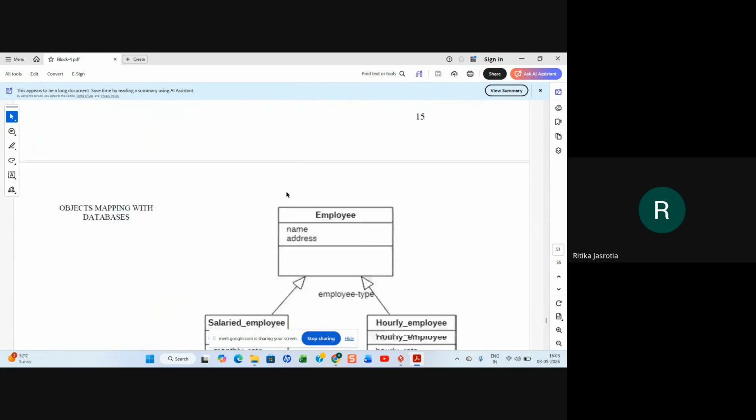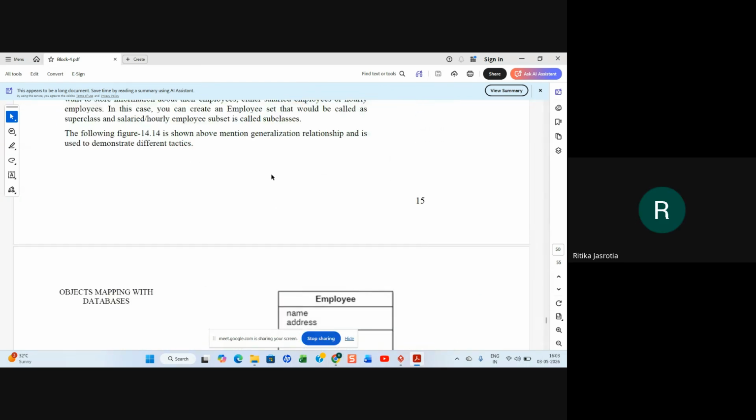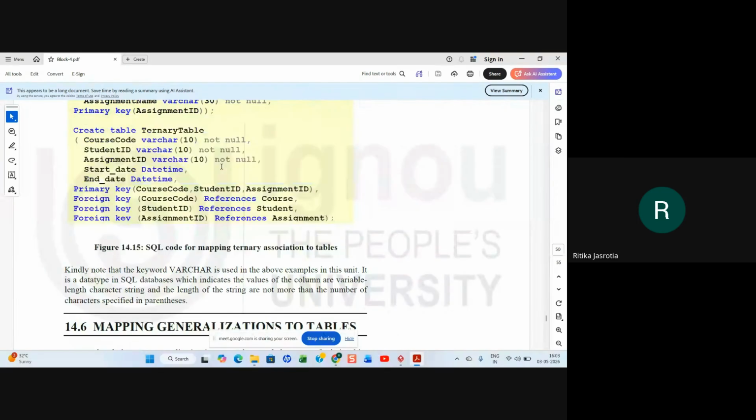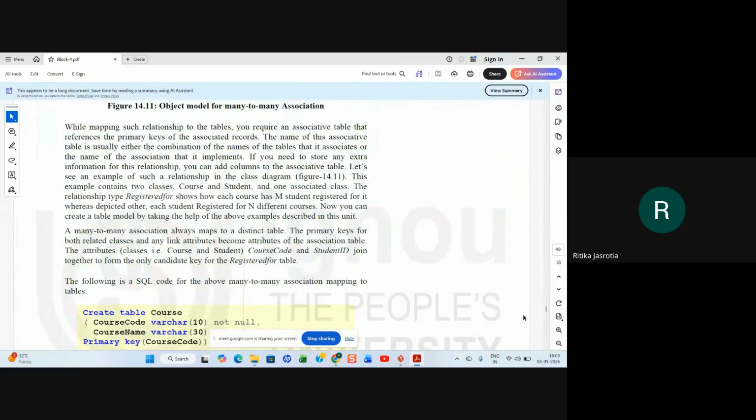Yes or no? Class, can you understand? Yes, ma'am. In the practical session, we will be talking about them when we go to that particular section, right?